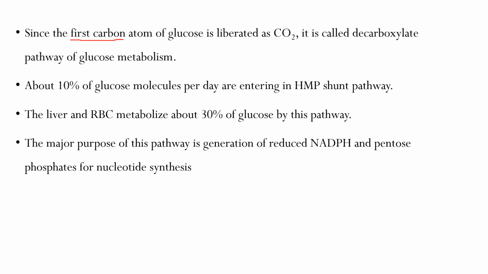Since the first carbon atom of a glucose molecule is liberated as carbon dioxide, this pathway is known as the carboxylate pathway of glucose metabolism. As you know, in glycolysis, there is no formation of carbon dioxide. But in the hexose monophosphate shunt pathway, as carbon dioxide is liberated, it is the carboxylate pathway of glucose